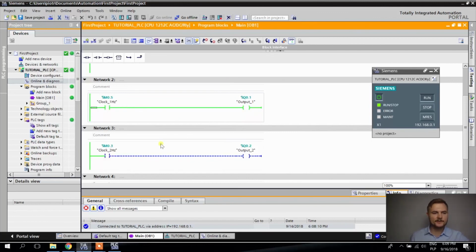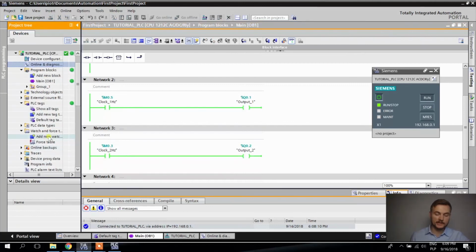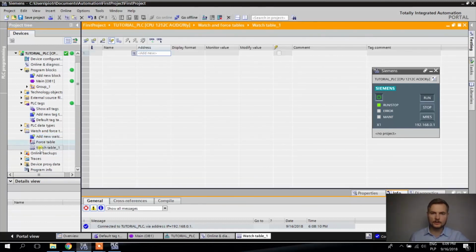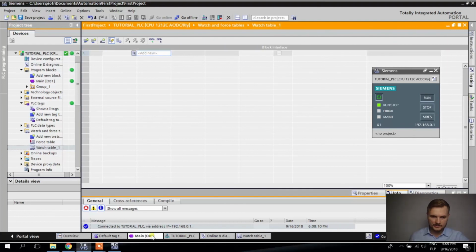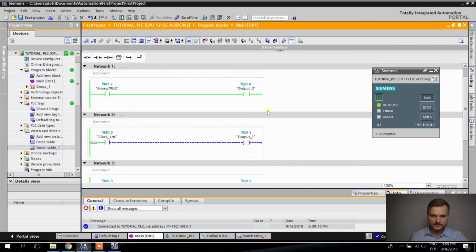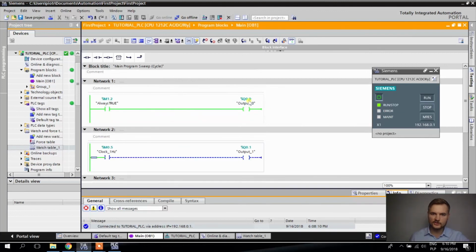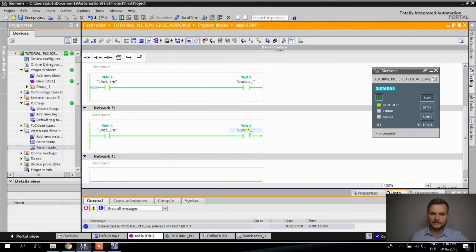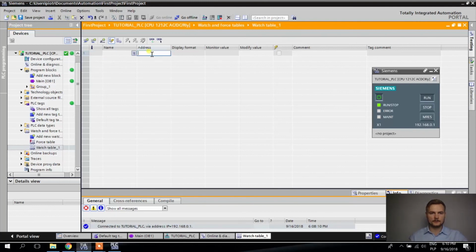Another thing you can do, you can create a watch and force table. Actually, we're not going to use a force table right now. We're just going to use a watch table. So we created a new one by double clicking at add new watch table. And what do we want to watch? We have to put an address here. All right, so let's have a quick look again what address we're using. And we're using Q0.0, Q0.1, and Q0.2. So I'm just going to type it here,